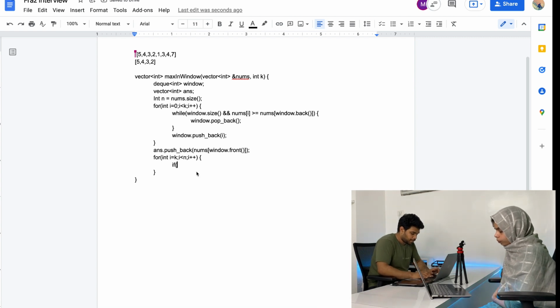There will be at max only one element which has to be removed, so we can use an if condition here only.